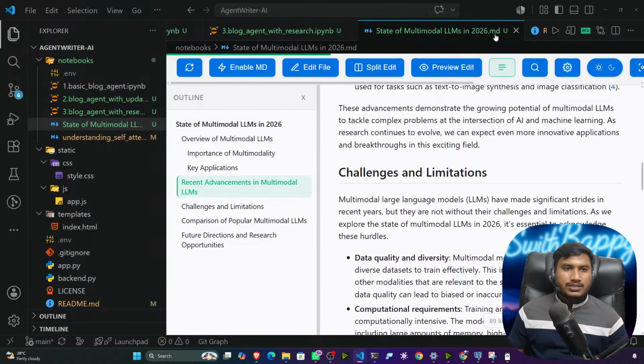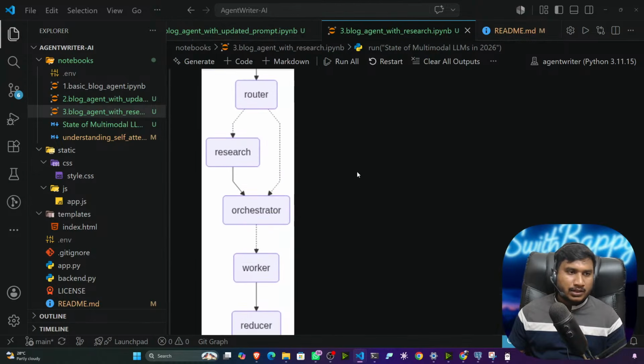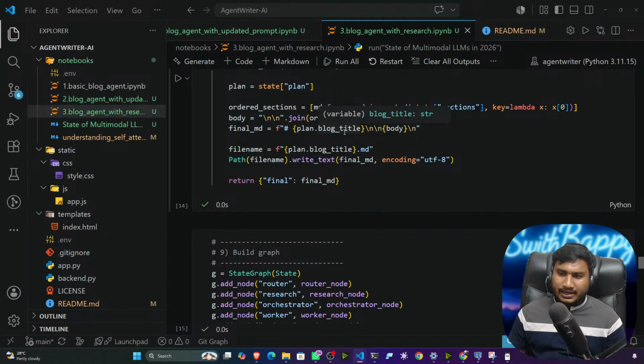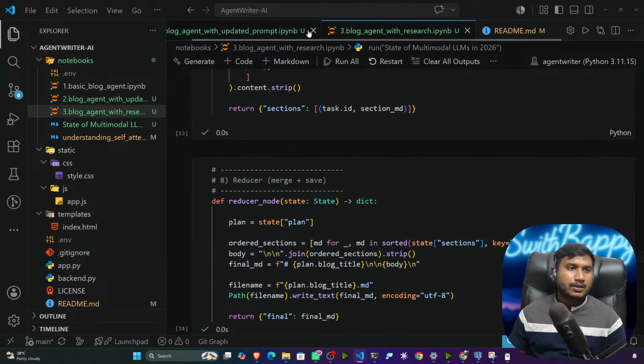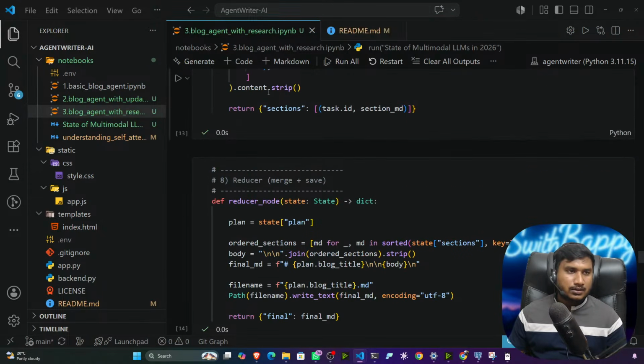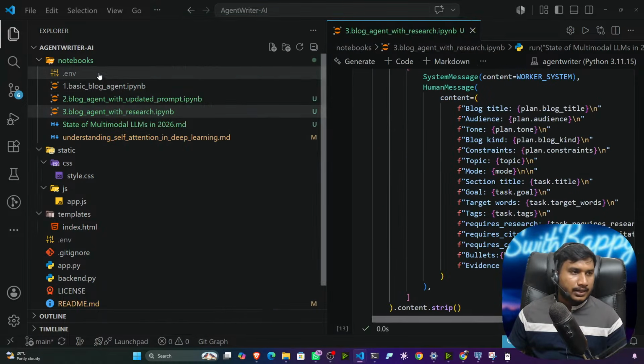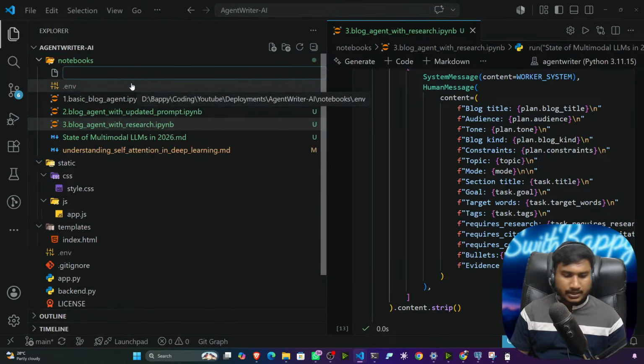Okay. Now let's try to add the image generation functionality. I'll use the same code, and only try to add the image generation functionality. One dedicated function, or you can say workflow, I'll try to create and use as a subgraph. Okay, this is the idea. So I'll close these tabs. Now here I'll create another notebook. I'm going to name it 4 blog agent